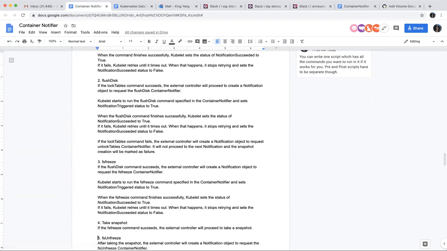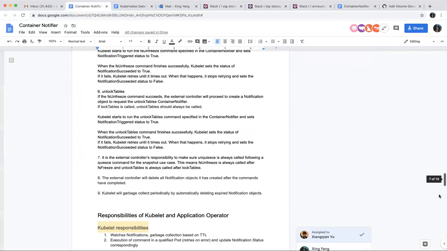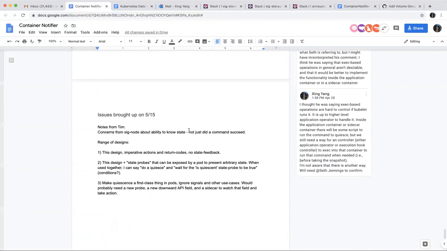Okay, so should I talk about the feedback? Let me go to this. Actually, these are some notes from Tim. The biggest concern from SIG Node is the ability to know state, because they want this to be bulletproof. If you send a signal, they want to know exactly whether it works or not.